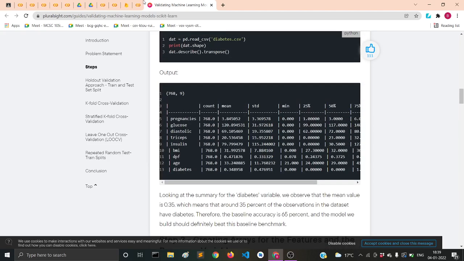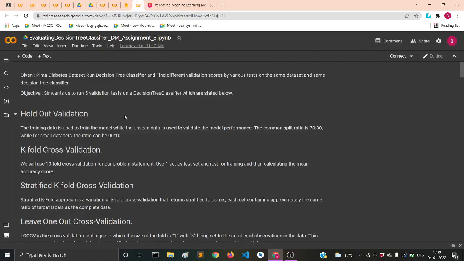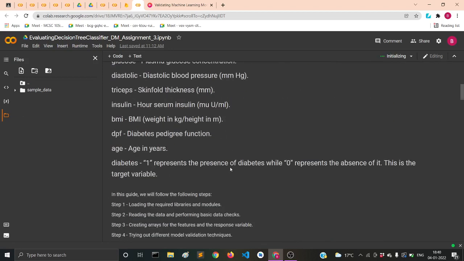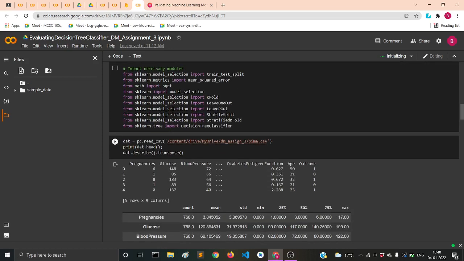Going ahead, firstly we will upload the data file into our Google Colab once it gets connected to the runtime, or you can also upload it to your drive and mount the drive with this button. Then you can copy the path of the dataset by clicking on that folder, right clicking, and copying the path. Then you use that path here where we read the data with the pandas.read_csv function.